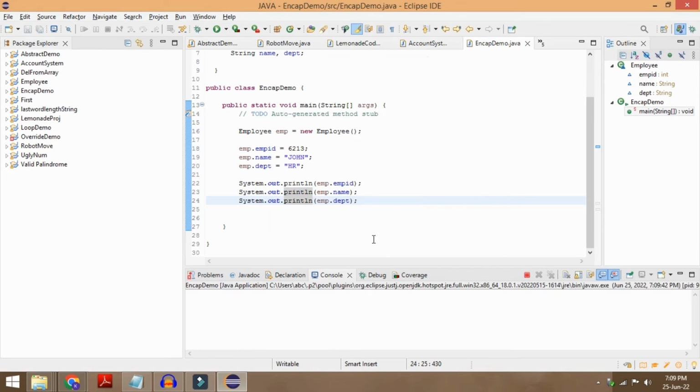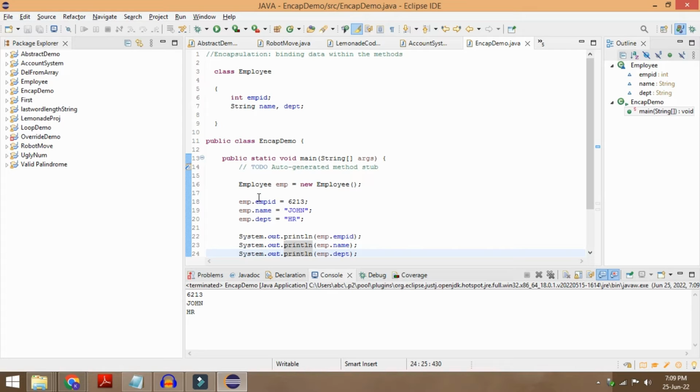The output that I'm going to be getting over here is basically the values that we have passed on to these variables. As you can see, this is just a simple thing which we have done. We have created the variables, created the object, passed on the values, and just printed the values. As of now, you can see the access of these variables is also available inside of the